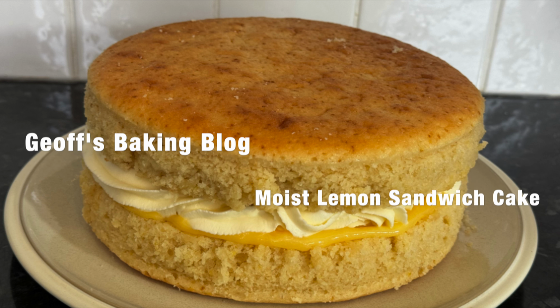So I go on to the ingredients, and for this I have 300 grams, which is 2 cups based on scooping packed flour into a 250 milliliter cup, of plain flour. I have 227 grams, 1 cup of softened unsalted butter, 250 grams, 1¼ cups of caster sugar, 3 medium eggs, which would be large in the USA, 240 millilitres, 1 cup of buttermilk, 60 millilitres, 1/4 cup of lemon juice,